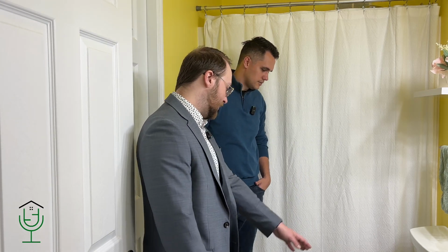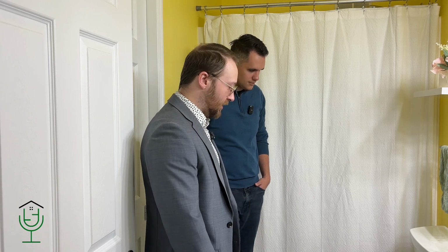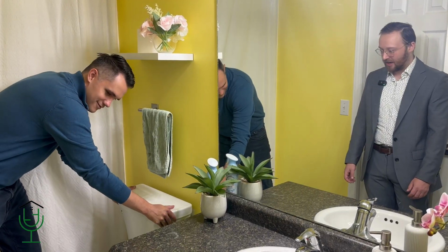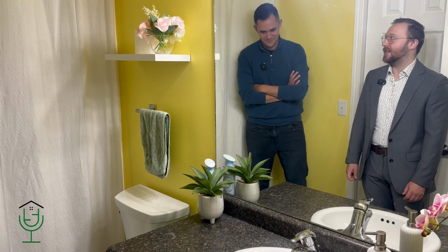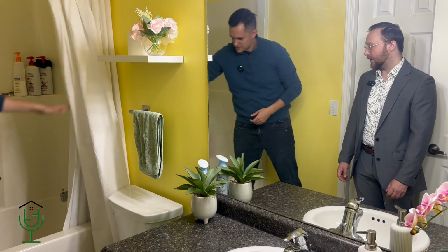Same thing with toilets. You want to check the sealant around the bottom and make sure it's sealed. You can give it a little wiggle. Obviously don't shake it a ton, but it should be good and solid. And then same thing in the showers. Kind of what you're looking for is, again,